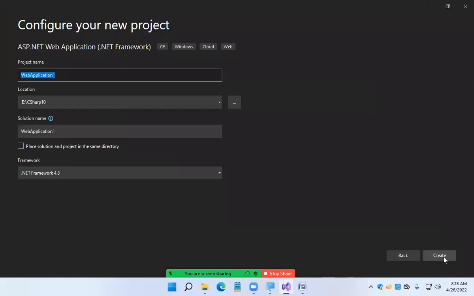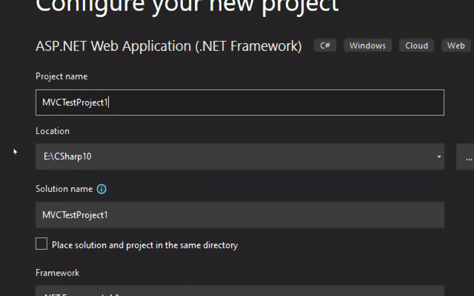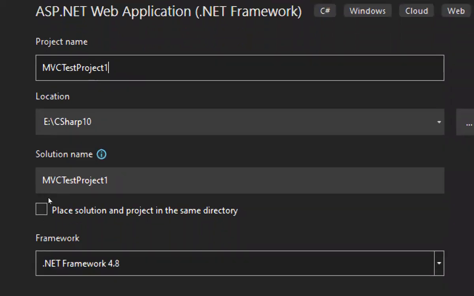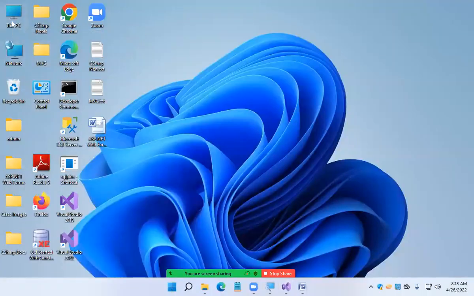When you click on the next button, you know this window. I don't need to tell you anything about this particular window. Enter your project name. I'm giving the project name as MVC Test Project 1. For the location, we do one thing, guys.